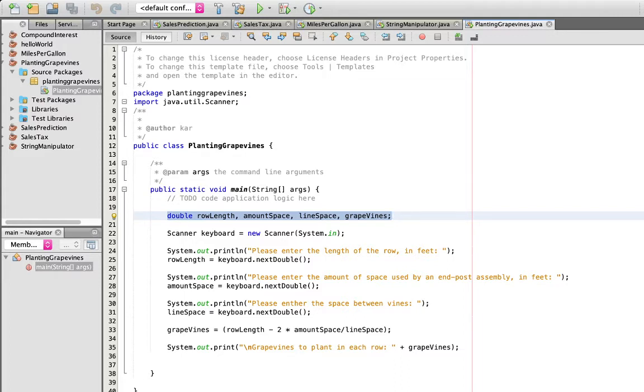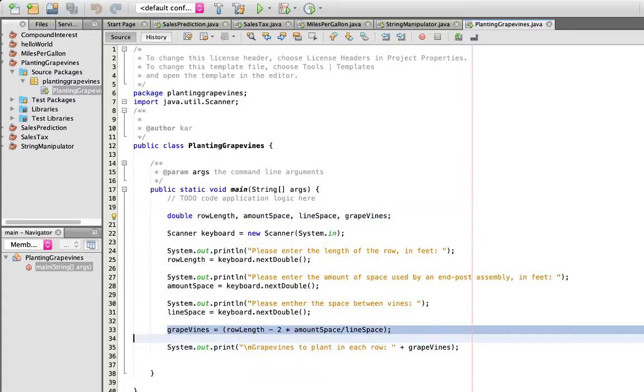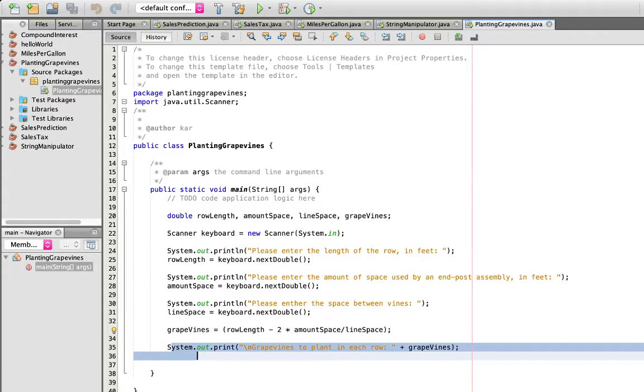This one was also kind of an easy one because all you had to do really was get the information from the user and then apply that to the equation. They gave you the equation, so that also made it pretty easy. And then once you have all the information from the user, set the equation, and then I output the information right here. So if you run it,